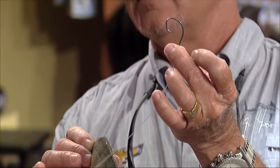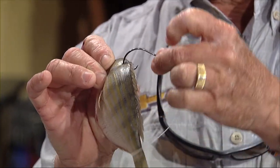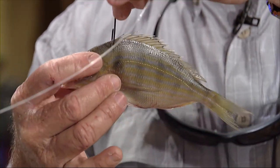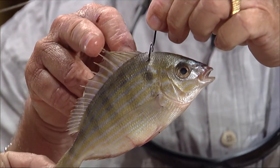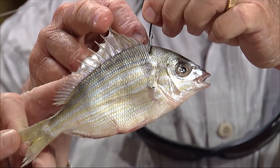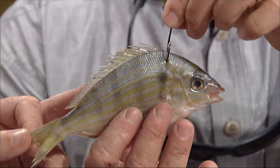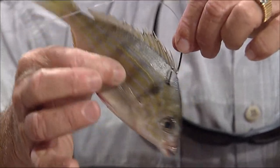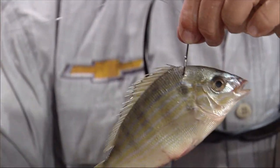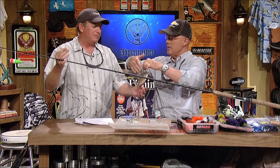Now, we're going to use a pinfish. We're going to take this pinfish. This is a 7385 VMC circle hook. And I'm going to go in the shoulder, Dave, and I'm going to pop it out like that. The reason why we like to do that is because, and some guys like to trim the fins off, which is not anything that's going to be a bad thing. But the reason why we like to do that is the pinfish by nature wants to be on the bottom. Correct. So he's going to dig like nobody's business, and that's why we use the cork, to keep him up and keep him from going to the bottom and hiding. And he's digging, and that vibration is what the tarpon...